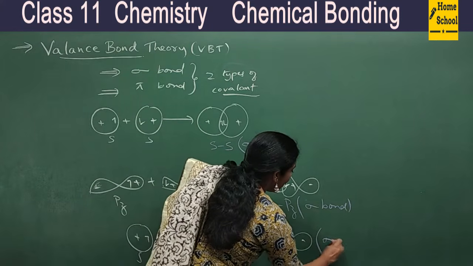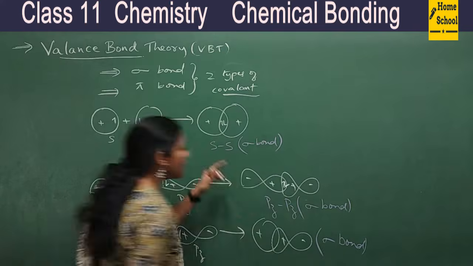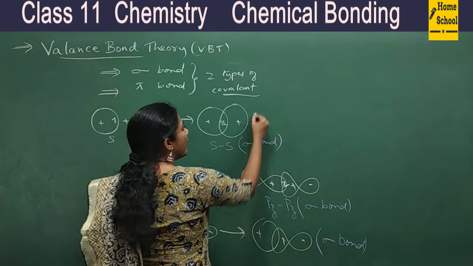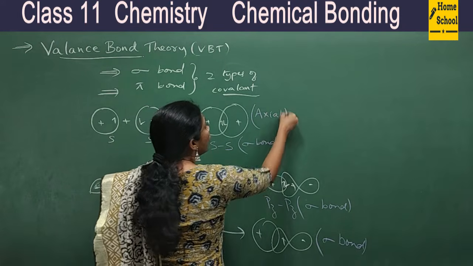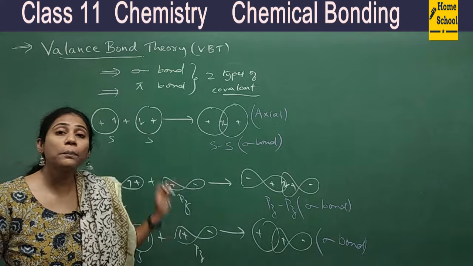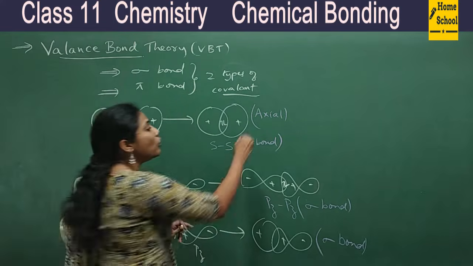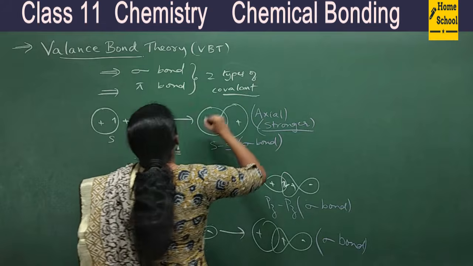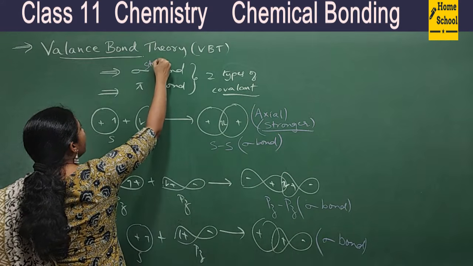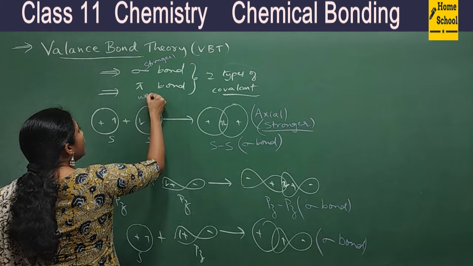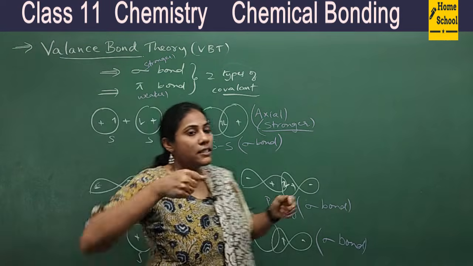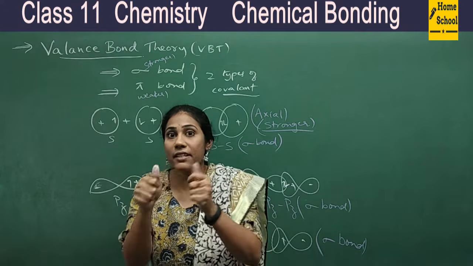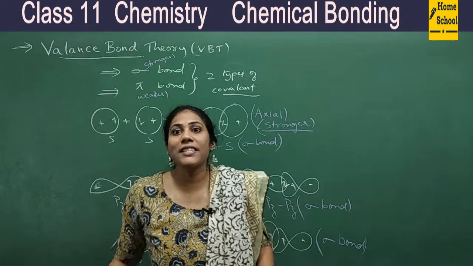So these are the three situations where sigma bond formation takes place, and such overlap is called axial overlapping, or end to end overlapping, which always leads to the formation of a sigma bond. Axial overlapping is always stronger overlapping, so a stronger covalent bond is formed. This is a stronger covalent bond and this is a weaker covalent bond. Always, whenever accidents take place, direct, head-on hitting accidents are more powerful, right? So they are the dangerous accidents.